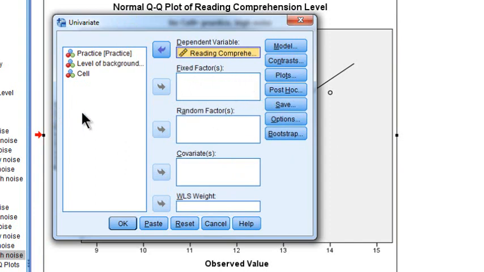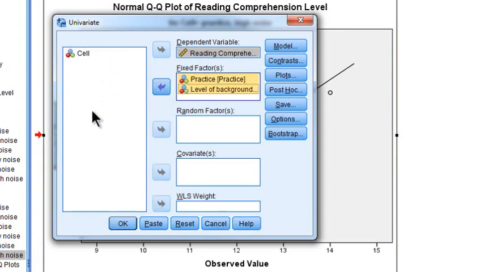I was hoping to find a nice short explanation of when you use fixed factors and when you use random factors. I haven't found anything that I think would be helpful that isn't a whole textbook long. So suffice it to say, you might have random factors if you have a more complicated experimental or study design. For everything that we're looking at in Psych 202, we have fixed factors. So both our practice variable and our level of background noise are both fixed factors. So I'm going to highlight both of them and put them in the fixed factors box. Now I have a dependent variable and 2 independent variables, but before I can move on,